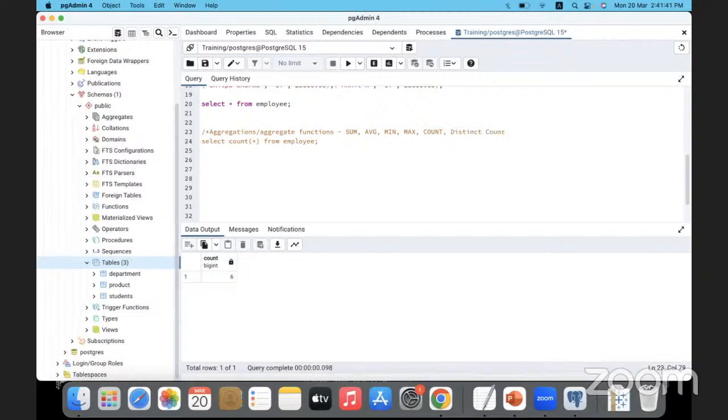What is the difference between count and distinct count? We had seen in the previous session. Count will count each and every occurrence, whereas distinct count will count only the unique occurrences. So these are all called aggregate functions or simply aggregations. So when I run this command, count star from employee, you can notice that it is showing us that there